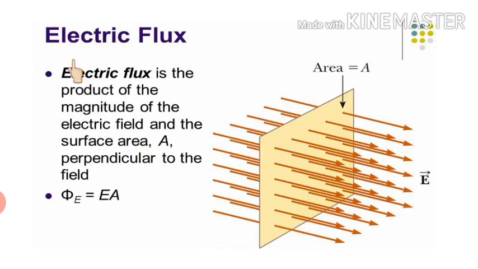Next topic is electric flux. Electric flux is the number of electric field lines passing through an area. As in this picture, you can see that this particular area is there, and these are the electric field lines which are passing normally through it. So this is represented by one term, we call it electric flux. And electric flux is a scalar quantity, as it simply gives us the number of electric field lines, and it is represented by phi, and phi is EA cos theta. It is the dot product of E and A, where E is the electric field and A is the area vector.